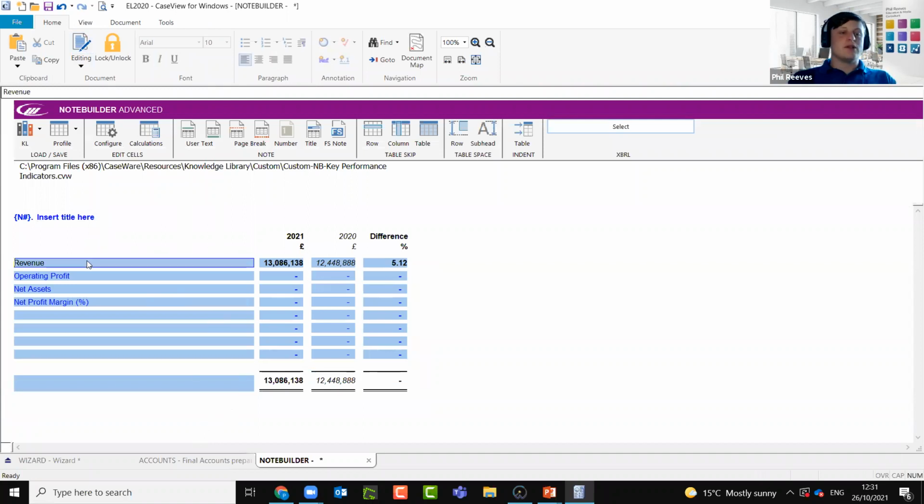Now, the final element that we're just going to look at today is how we can better utilize the text entry or user text sections within the financial statements, and also within our note builder tool, to populate information automatically. So very much the same as the accounts, we have at the top the user text areas. So one to insert a user text area before the table, one to insert a user text area after the table. If I wanted to use a text area here